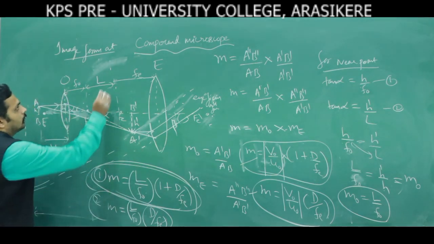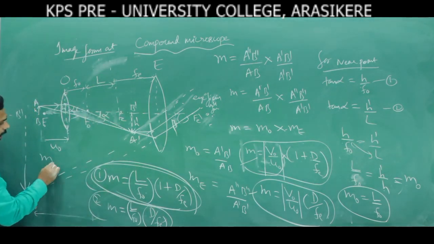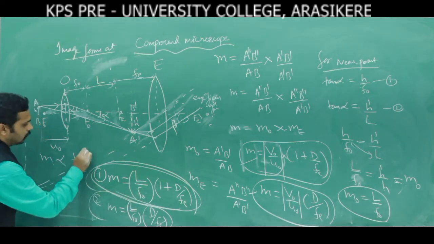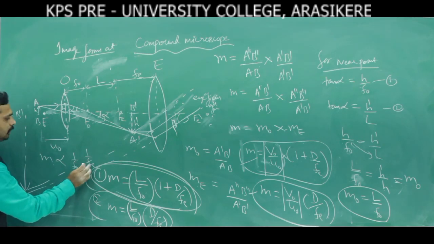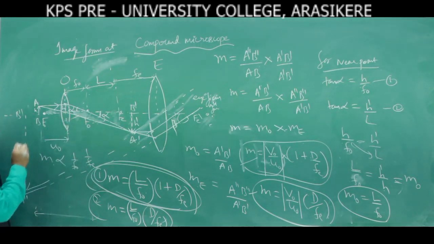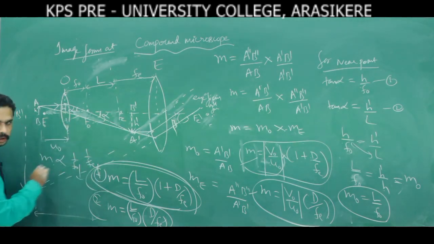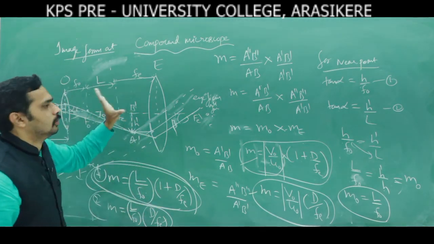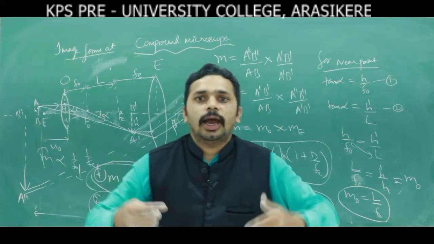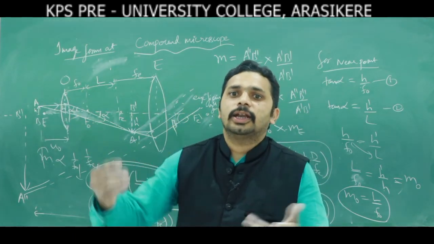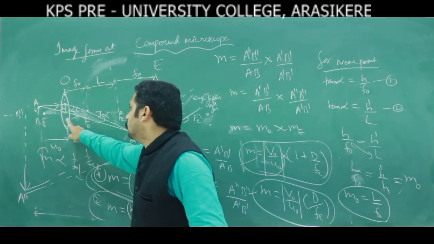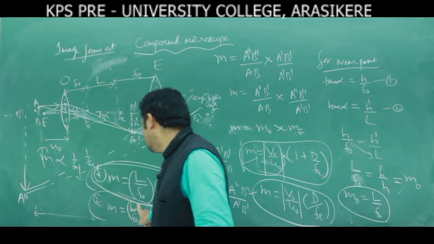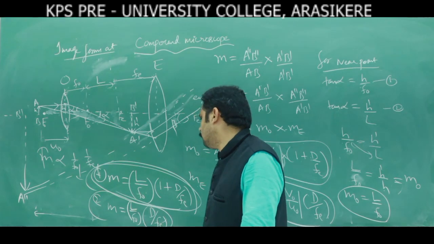This shows that the magnification is inversely proportional to F naught and Fe. That's why we have to take the shorter focal lengths. If focal length is shorter, then magnification is more. So to increase the angular magnification in a compound microscope, you take the shorter focal lengths. Magnification is inversely proportional to F naught and Fe.